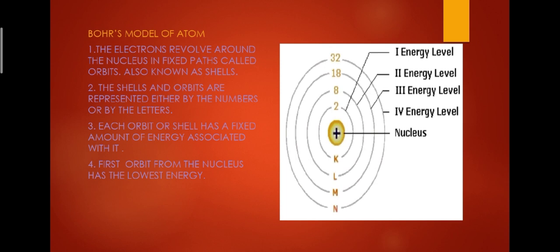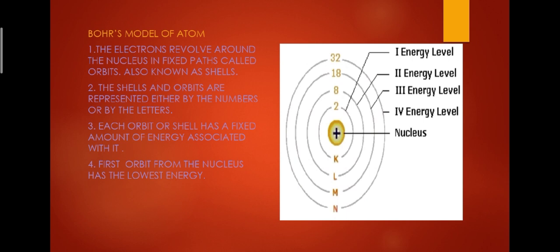So, first one is Bohr's model of an atom. To overcome the shortcomings of the Rutherford model, which, as I explained in the last video, explained the structure of the atom but had some drawbacks, a Danish physicist Niels Bohr postulated an atomic model, known as Bohr's model of extranuclear structure of atom. He received the Nobel Prize in Physics in 1922 for his contribution towards the structure of atom.